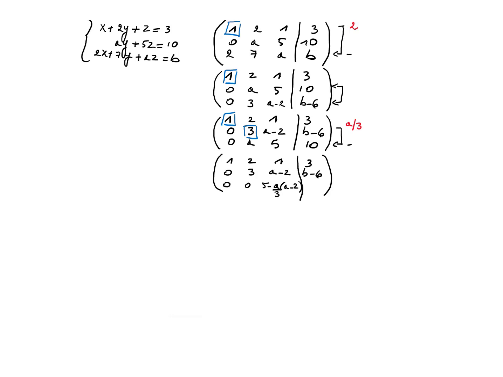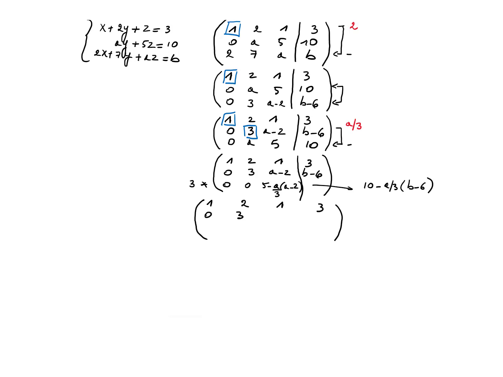And over here we'll have 10 minus 3 times b minus 6, right? We can maybe multiply the third row by 3 and we end up with, I'll write it, take a bit more space,